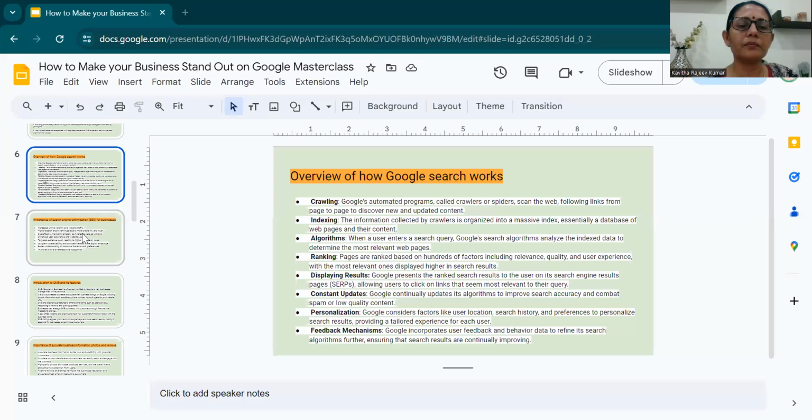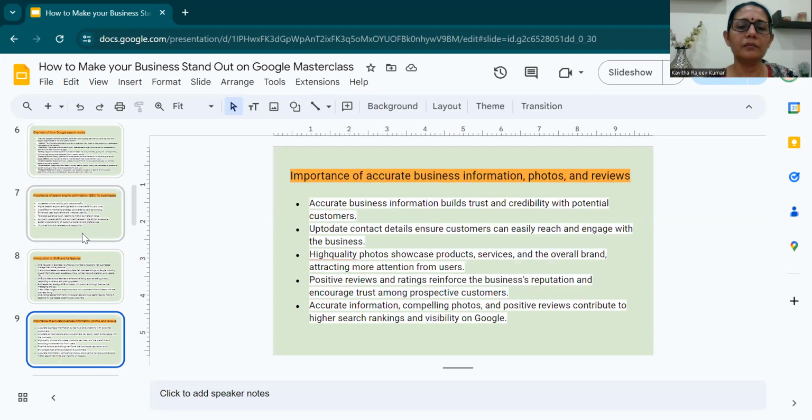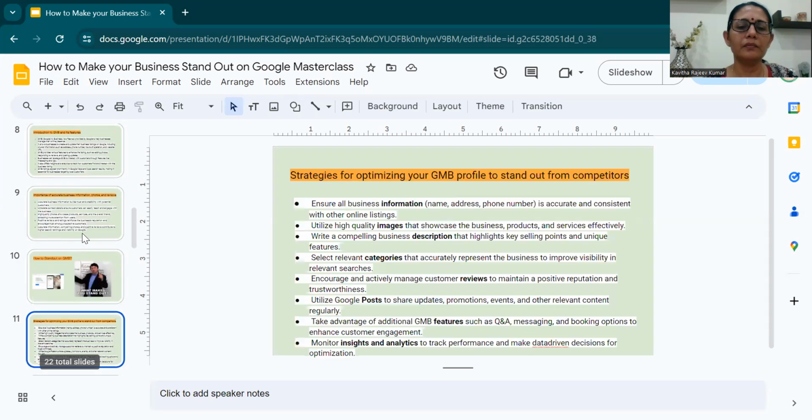So let us see what all details you require. Yes. So see that you are filling in all the business information like name, address, phone number, and it is accurate and consistent with other online listings.